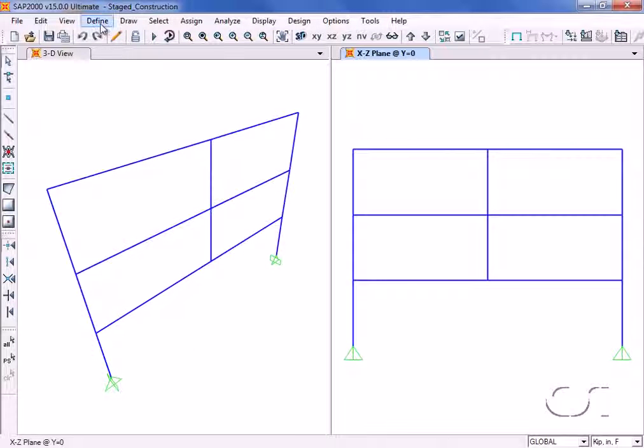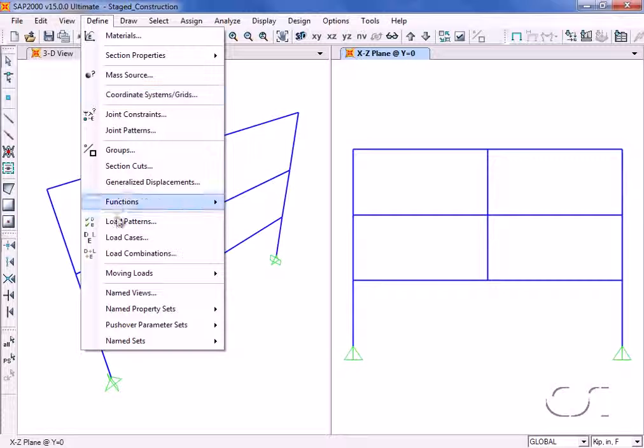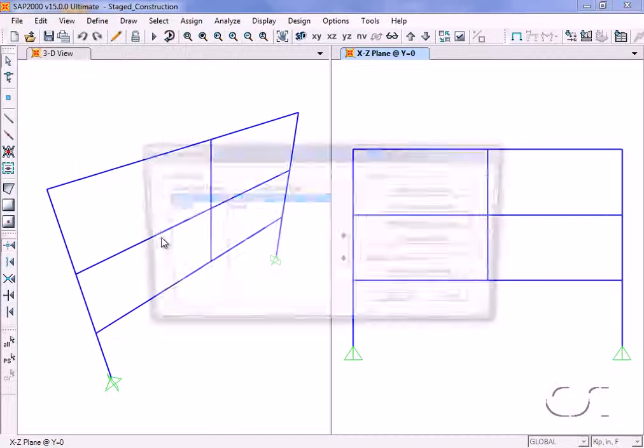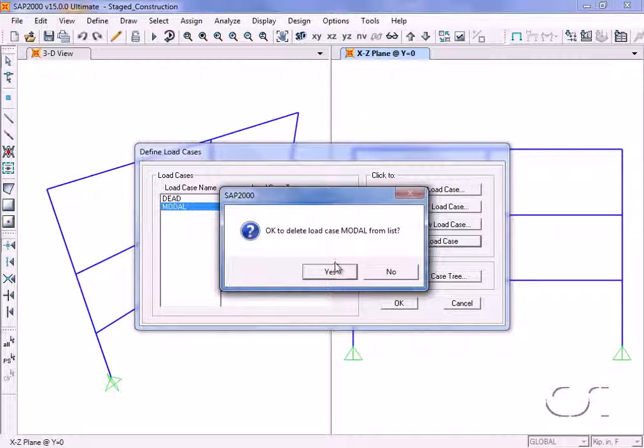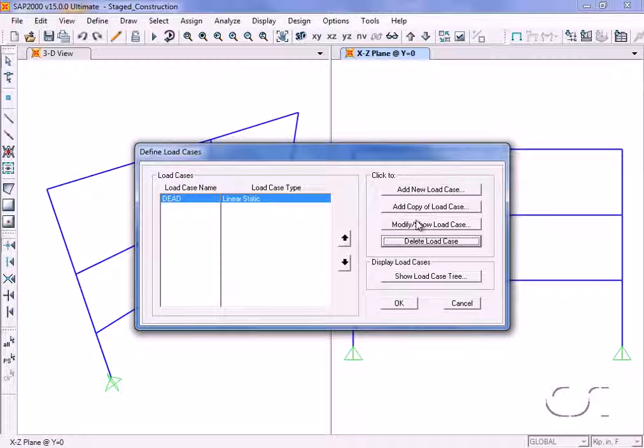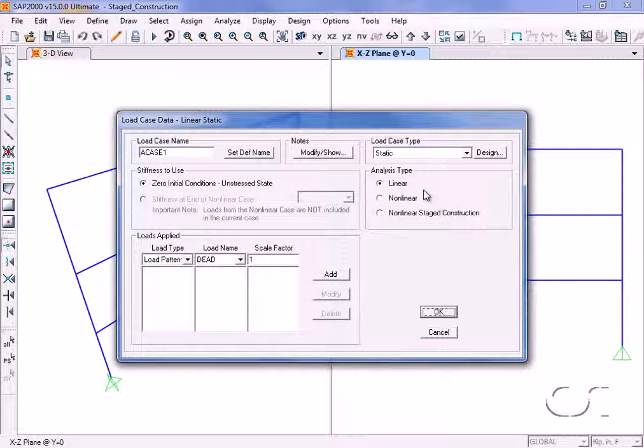Next, we go to the Define Load Cases command. We will delete the predefined modal case as we will not be doing any dynamic analysis. To the dead load case, we will add an additional case for the stage construction. This case will be named Staged Con,